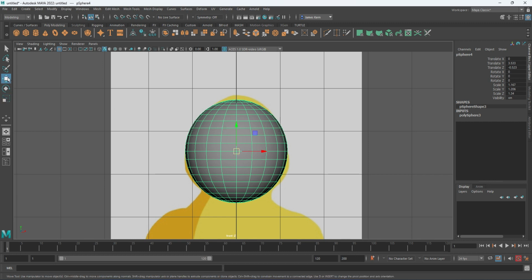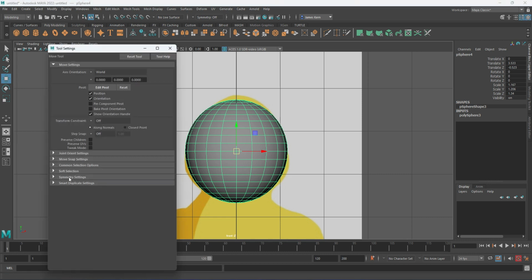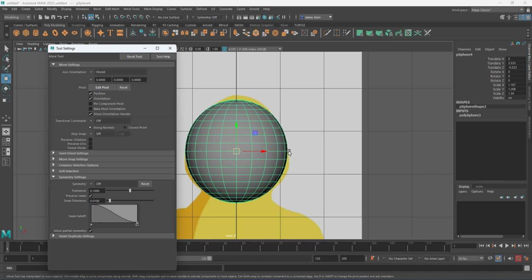So if you go here to the Move tool, if you double click on it, you can go down to here where it says Symmetry Settings. Let's say I'm going to be adjusting from here to here, which is what I'm going to be doing in the front view. I would say the x-axis is what I'm going to be adjusting along, and you can check it down here. It says x going this way and this way. Meaning, if I grab something over here, I'd also want it to grab it on this side. So what I would do is, right here where it says Symmetry, I would change this to Object X,